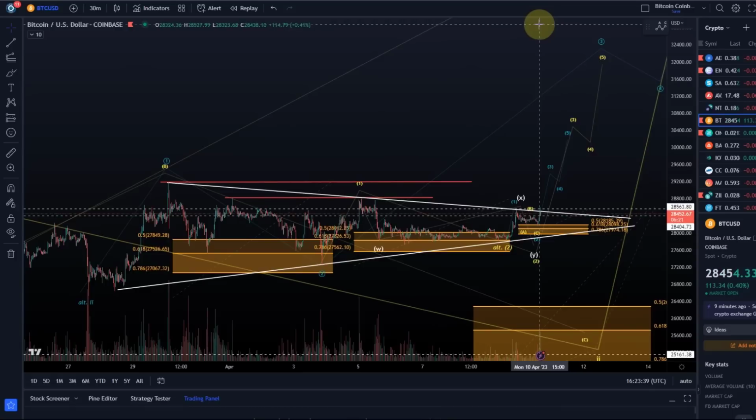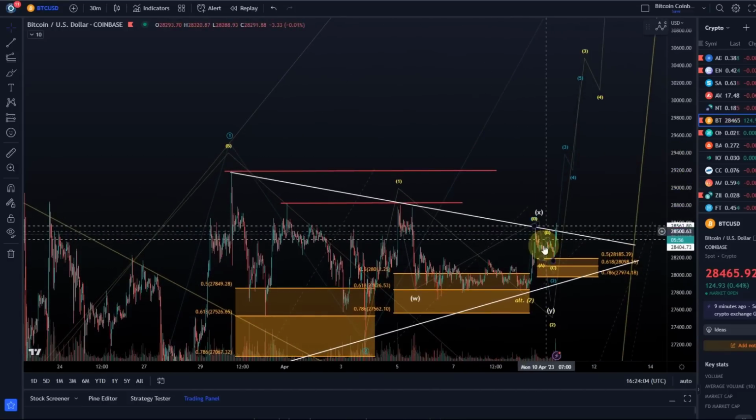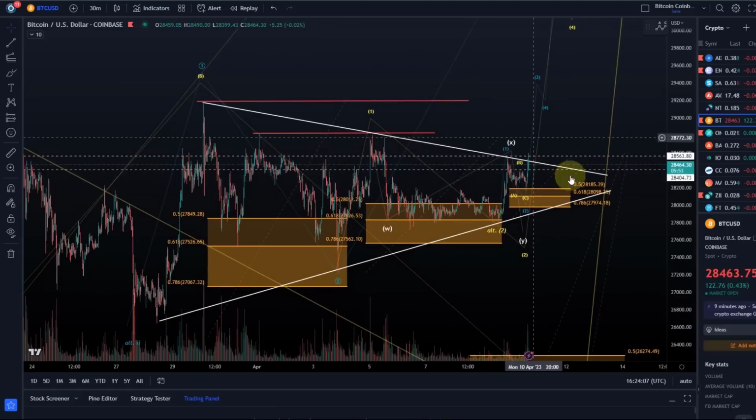But the market just needs to do it now, which means it's not guaranteed it will happen, but I'm focused on it. Just be aware that nothing is, of course, guaranteed, and I can only tell you what I see in the market right now. I see impulses to the upside, even though they're not the most beautiful ones. I see that Bitcoin has been holding support, so a lot of these trend reversal areas would have worked out. If you entered anywhere here in these trend reversal areas for a long trade, you would be in profit right now. So Bitcoin has been listening to these support areas and trend reversal boxes,